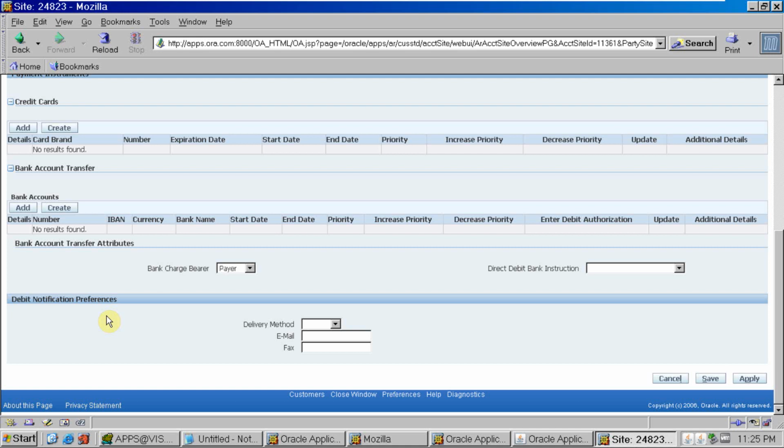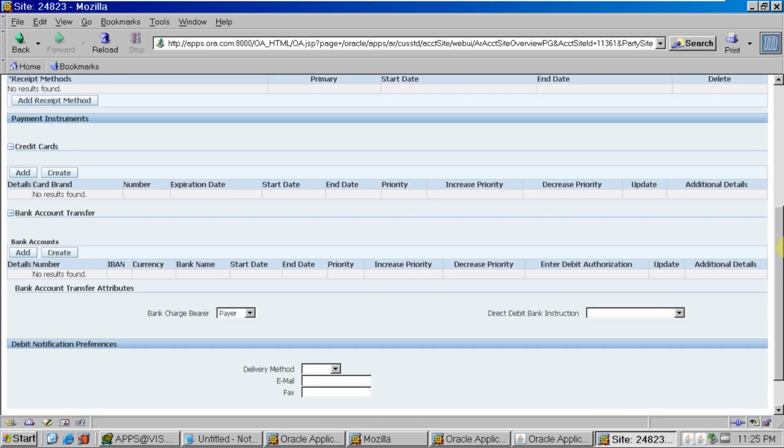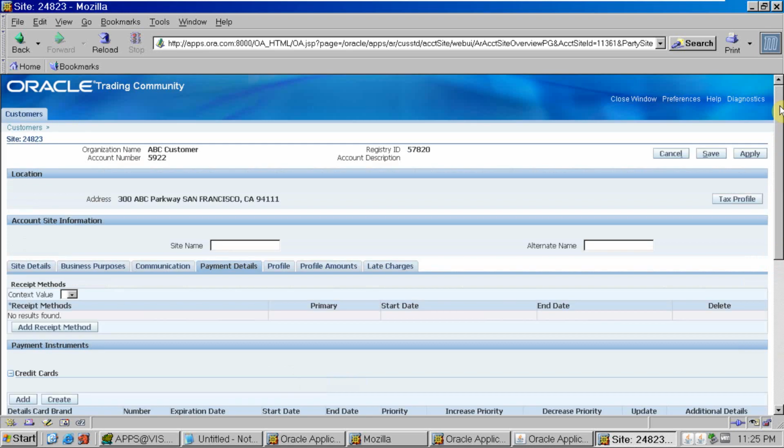DDA. This is also one functionality of Oracle. So how does direct debit work? This is similar to the bills receivable, but the purpose and the process are different. I will also upload a separate video for bills receivable and direct debit authorization, how it works, and what the use and purpose of this thing is. So I'm not going to add a receipt method now.